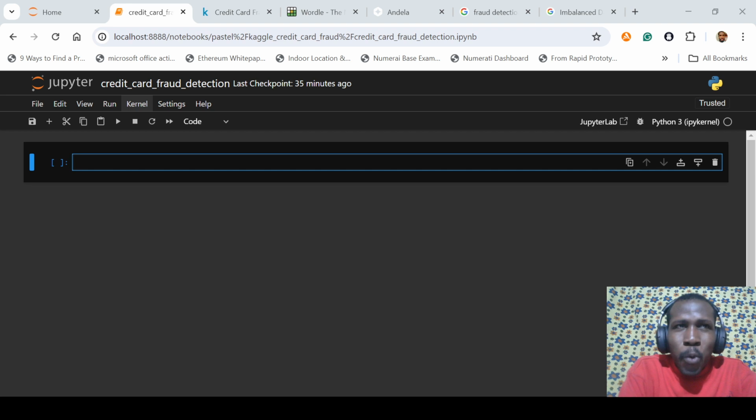We are going to work with just a very simple explanation on fraud detection. So we're working with a fintech data set, a credit card fraud detection. We want to see how we can build a model that will be able to predict whether a transaction